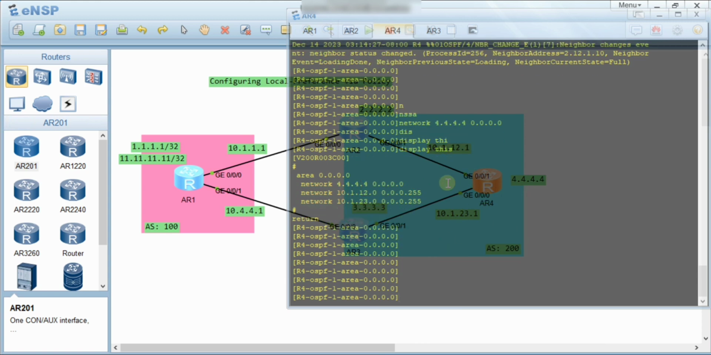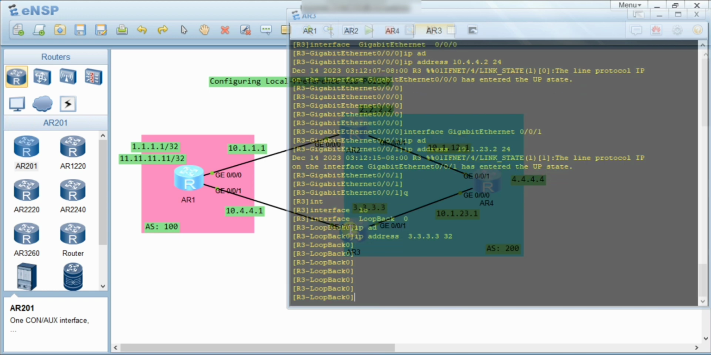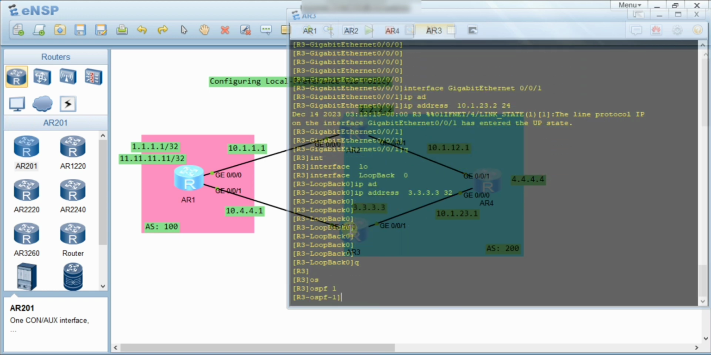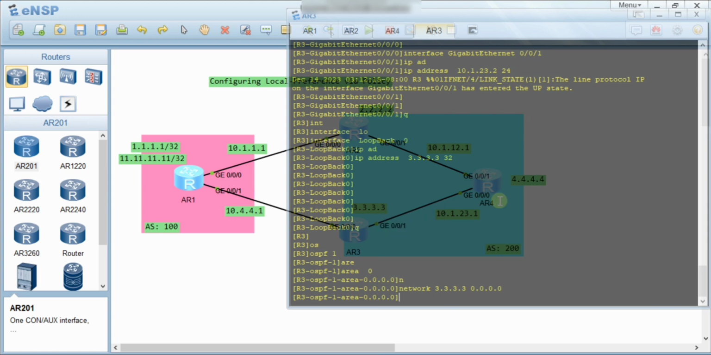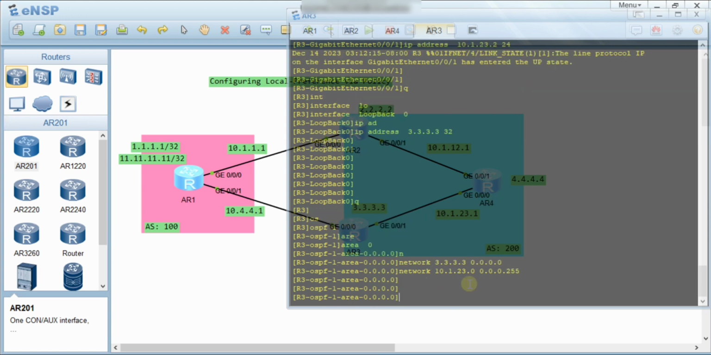Now I'll just copy this network and use this one here as well. So OSPF 1 area 0, and the network here is 3.3.3.3 with 0.0.0.0 and this. So now let's